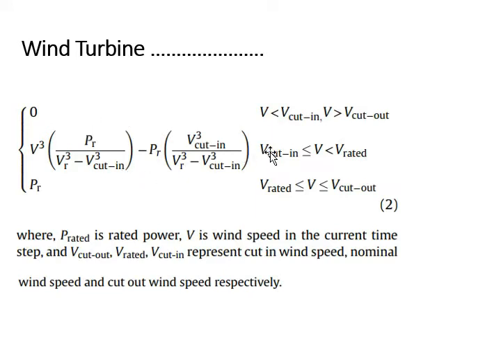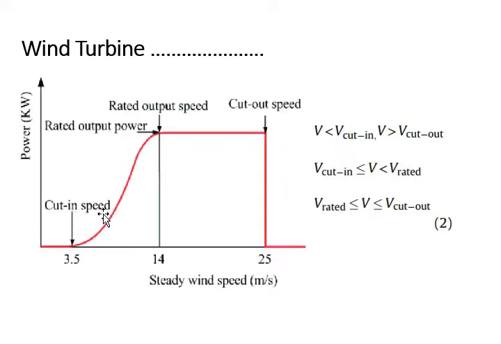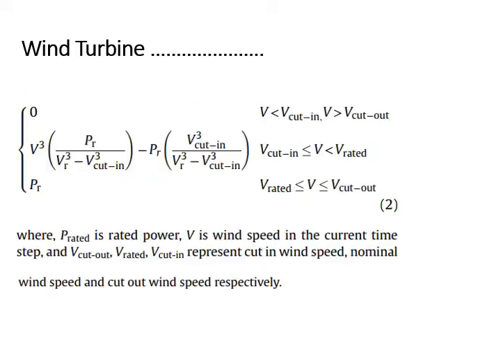Next, when the velocity is above the cut-in speed and below the rated speed, the output power is given by this relationship, known as the cubic estimation of the wind power. This is the most frequently used formula in the literature, the theoretical formula. The practical one may be a little different, but we will also discuss a very good curve fitting method at the end, when we do the HOMER simulations and analysis.